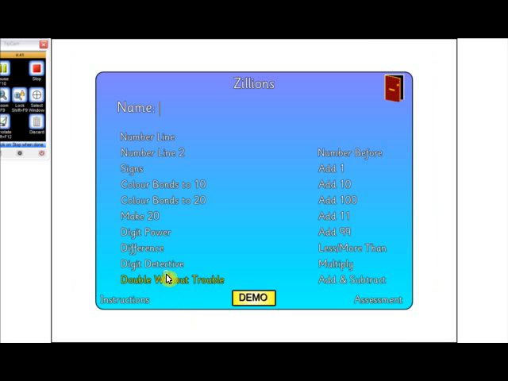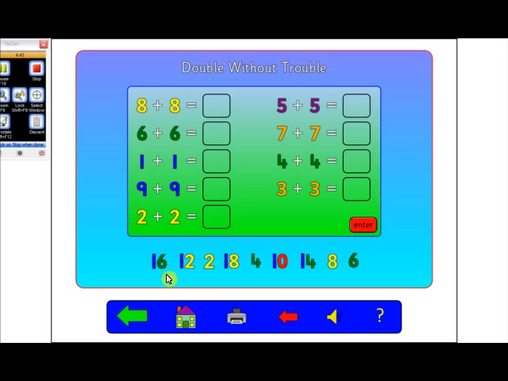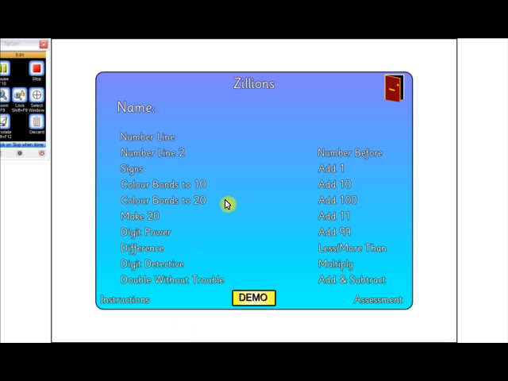Now with double without trouble, you're basically doubling the numbers. So double 8 is 16, double 6 is 12, double 1 is 2, double 9 is 18, and so on. Okay, so we'll go back to the menu, and with the number before,